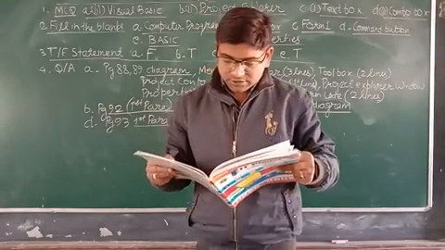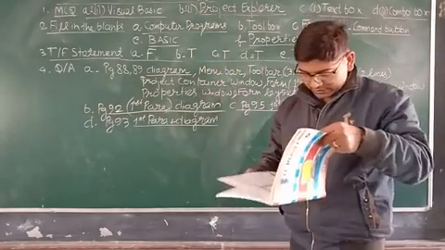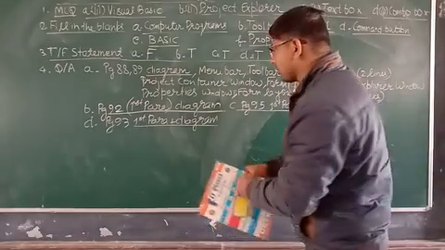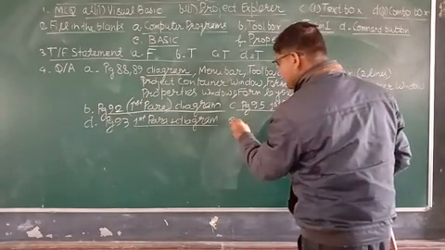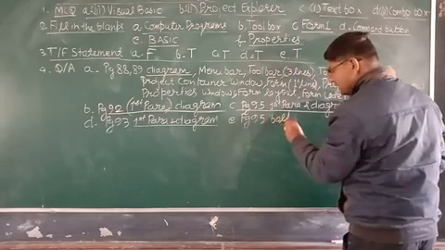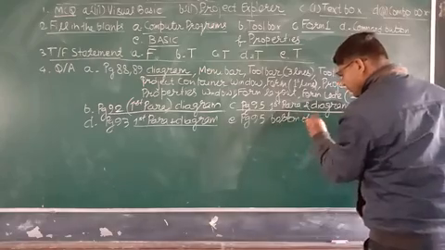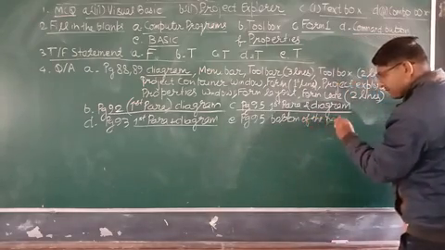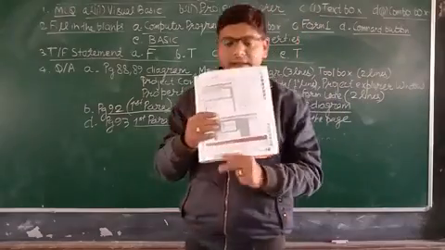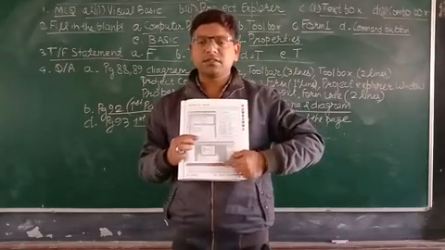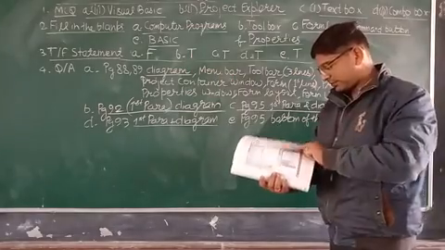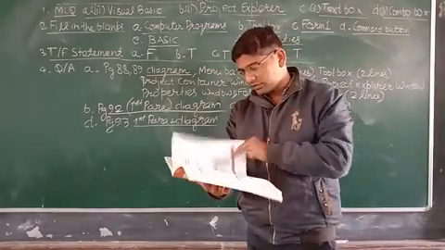The next question is: differentiate between list box and combo box. Page number 95, E. Come to page number 95, bottom of the page. The answer is given at the bottom of the page. That is a heading, and there is a difference. It shows the difference between list box and combo box. Now come to the next question.